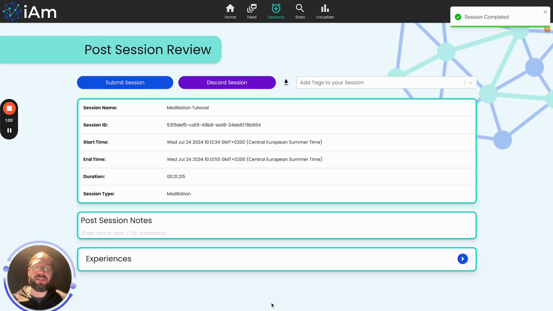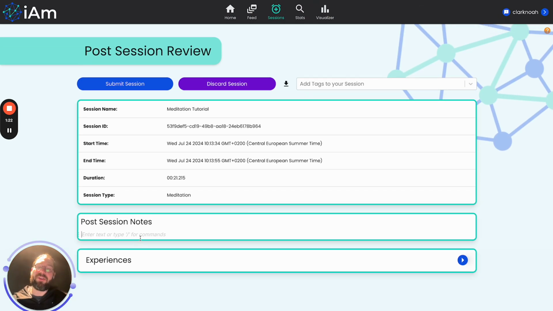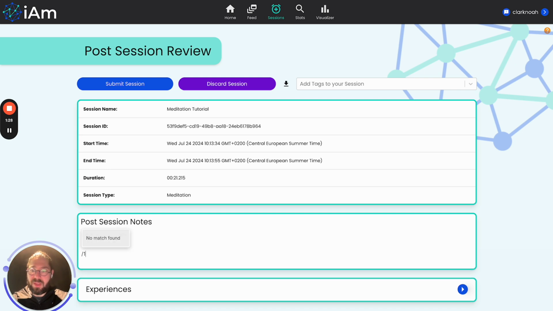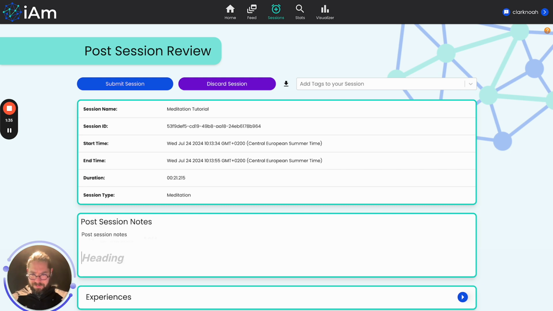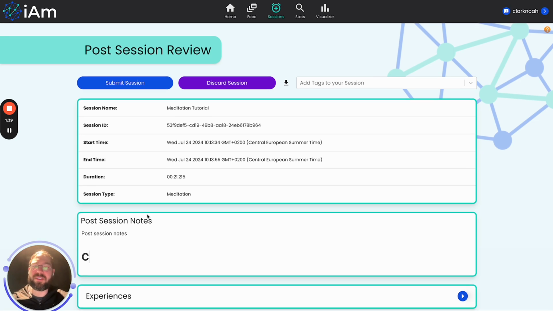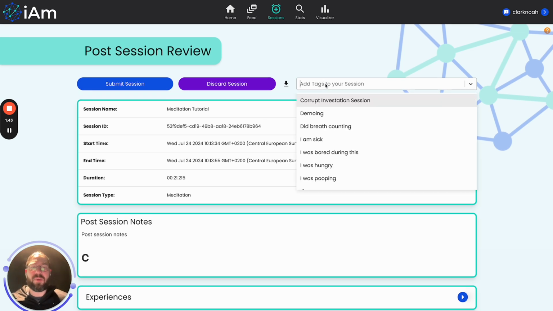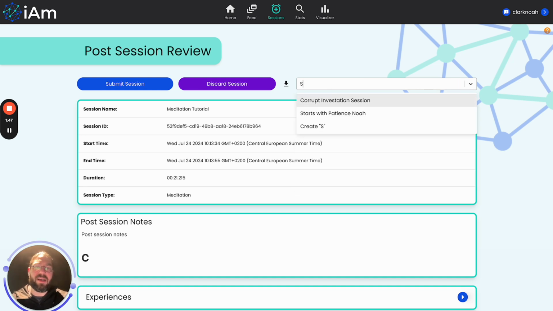Once you're done, you can click complete session, and you can add any pre-session notes that you want, or post-session notes. It also supports some markdown functionality, so you can create headers and create some custom styling of your notes. You can also add some tags, such as, let's say, meditation demo,